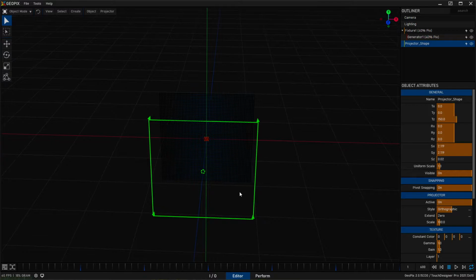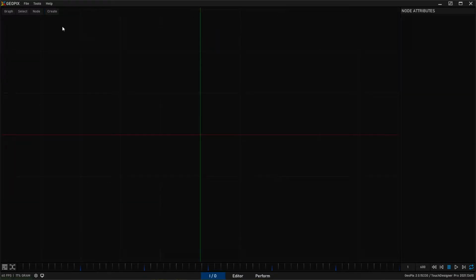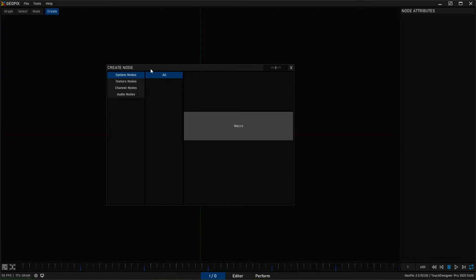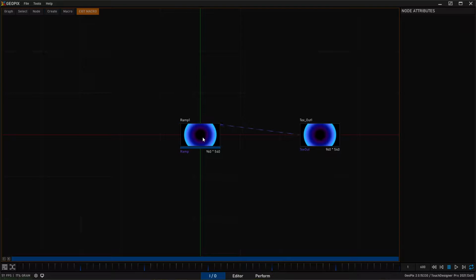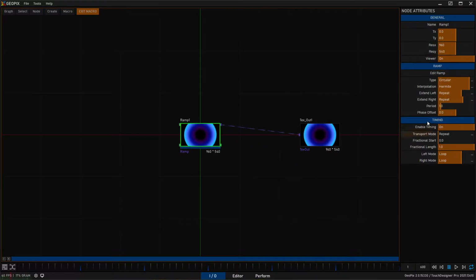So to get things moving, we should make just a quick, simple macro as our first shape macro. Let's go into the IO tab, click on Create, then System Nodes and All, and make our first macro. Let's name this macro circular or something like that, and then with that selected, we can enter the macro, grab our default ramp 1